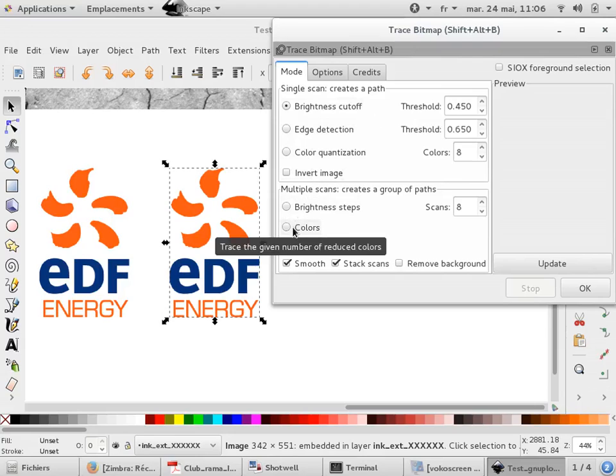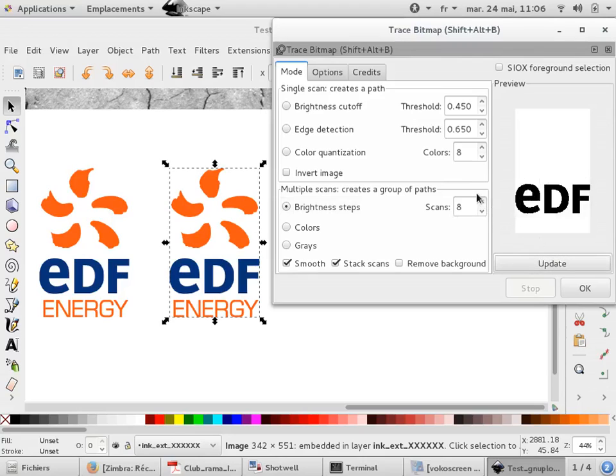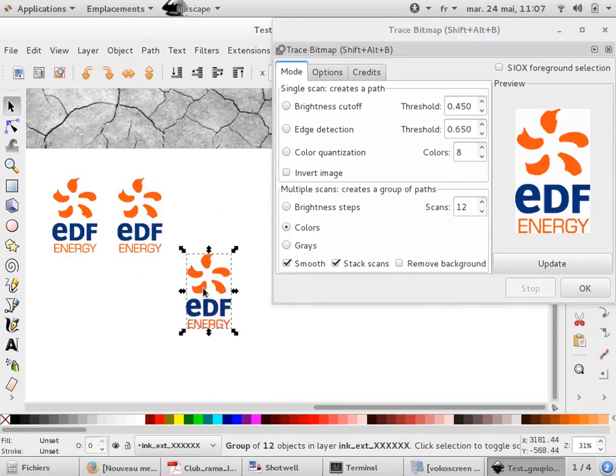Well, you can just select by color. Sorry, it's brightness cutoff. So you do this: trace bitmap, colors, the number of colors we want, and you obtain a nice